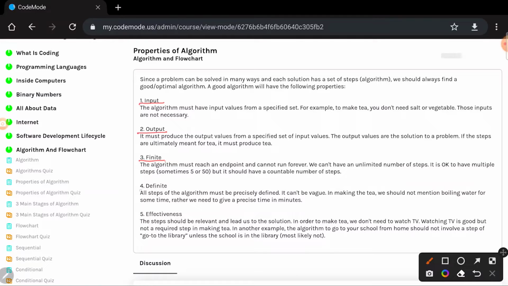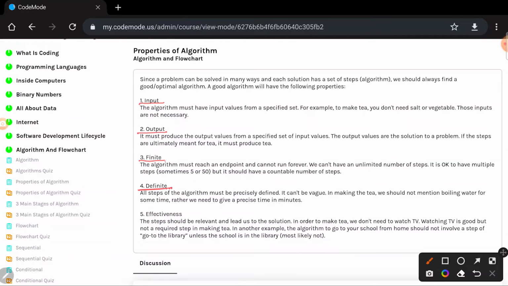Fourth is, and most important indeed, is definite. All the steps of the algorithm must be precisely defined, very clearly defined. For example, remember in the diagram in the first lesson on algorithm, we talked about required quantity. In real sense, in the real world, it's not definite. You have to define the quantity. Either it's 1 cup of tea, 2 cups of tea, 1 cup of water, 2 cups of water. You cannot say some water,